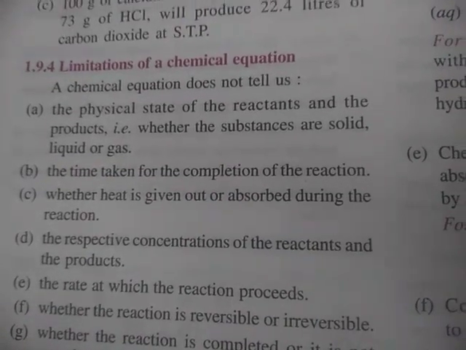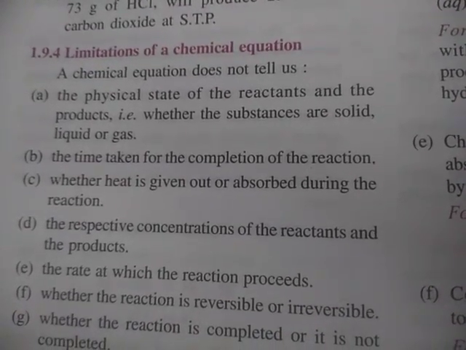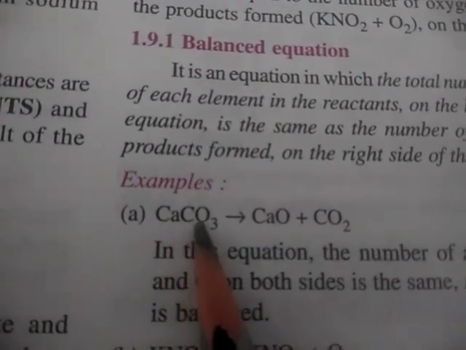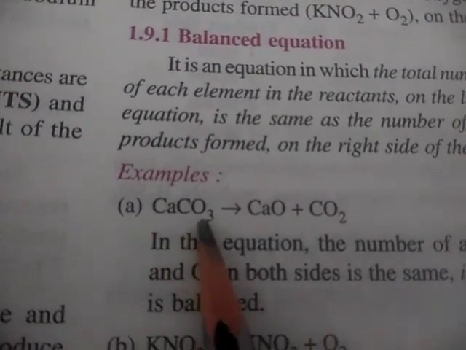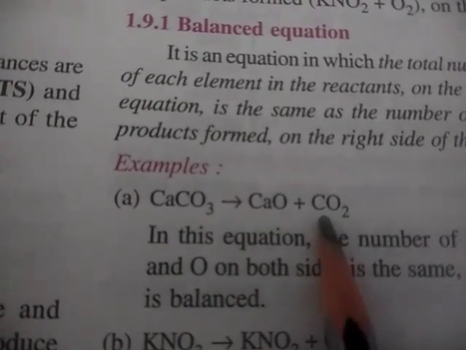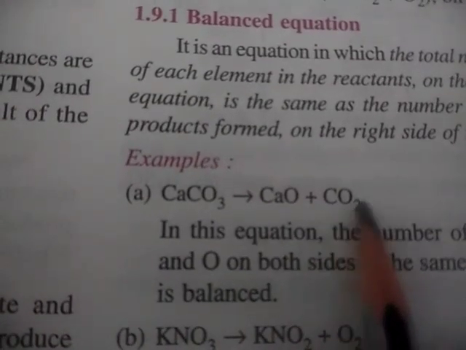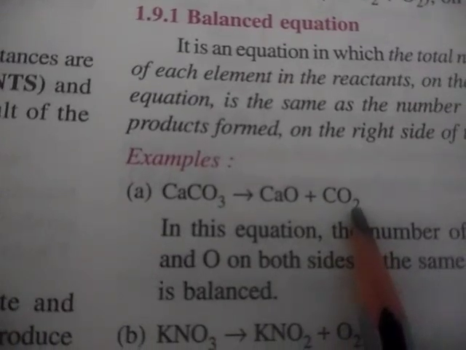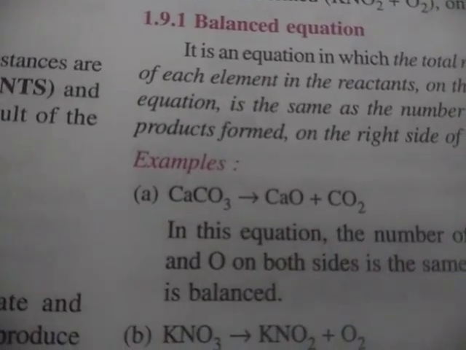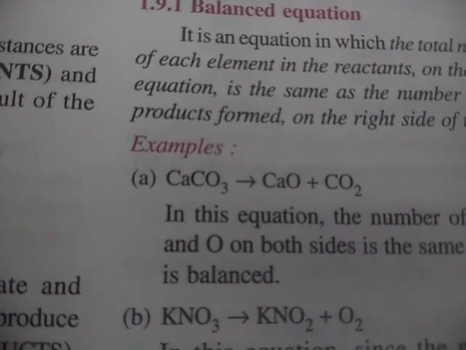Now what are the limitations in a chemical equation? Now you can see, we don't know if calcium carbonate is in solid form, liquid form or gaseous form. We don't know what is the state of calcium oxide, what is the state of carbon dioxide. Although with our normal common sense we know carbon dioxide exists in the gaseous phase, but in some other cases we cannot tell which one is the solid, liquid or gas phase.